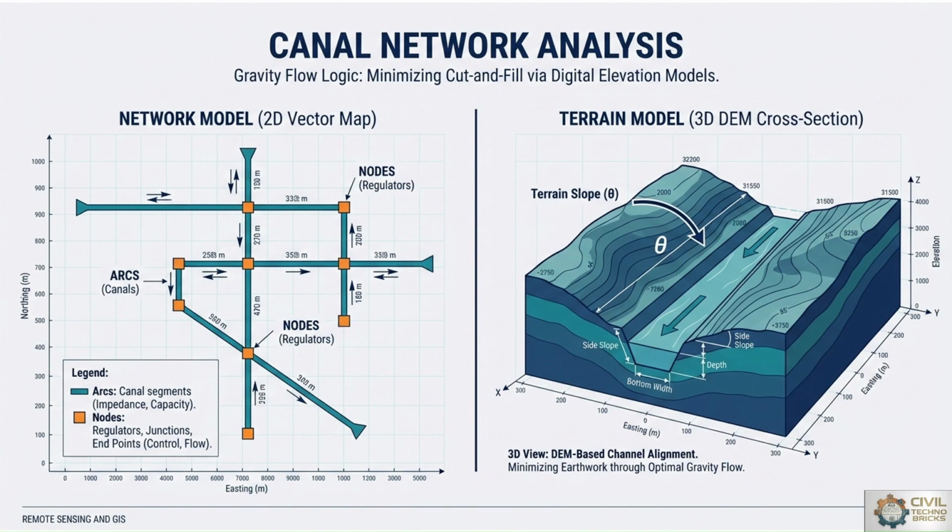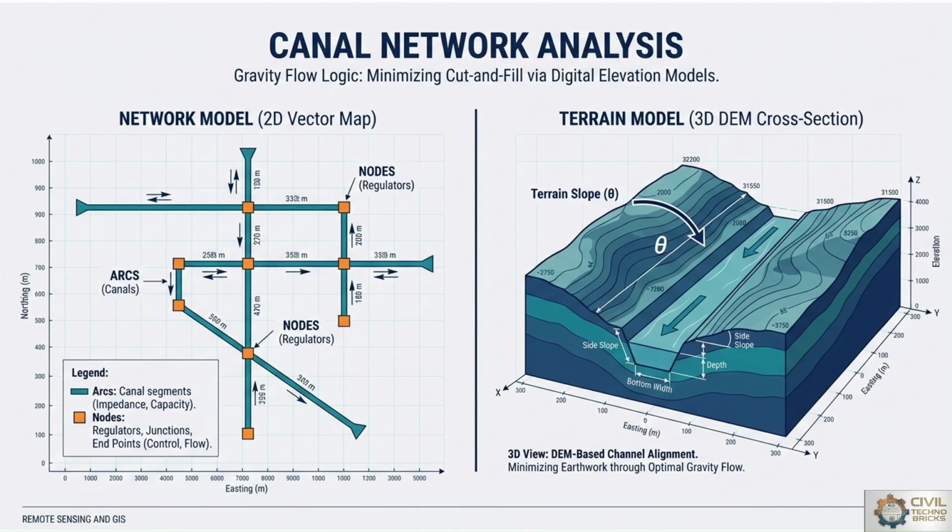Now, moving towards the canal network analysis, the gravity flow is based on slope, gradient or other topographical characteristics. Here two models are there: the network model, which is a 2D vector map, and the terrain model, which is a 3D digital elevation model cross section. So the 2D map is a graphical representation where easting in meters is on the x-axis and northing in meters on the y-axis. So x and y-axis comparison